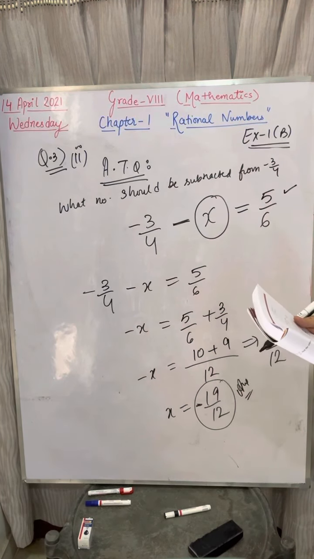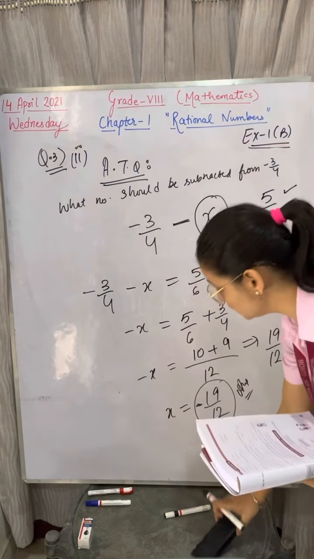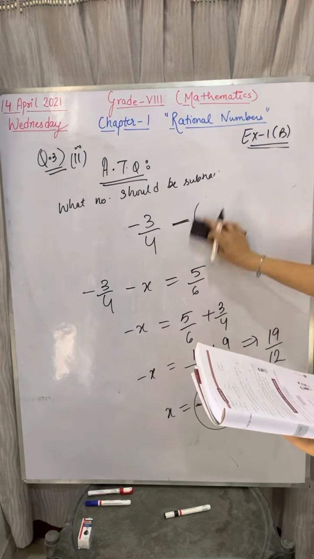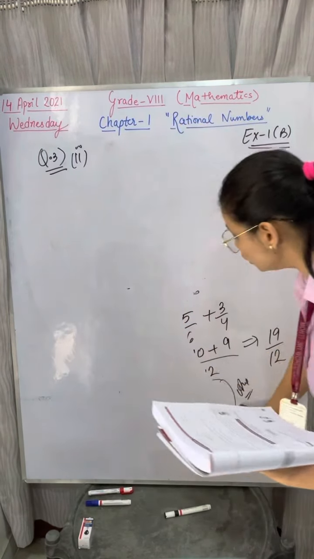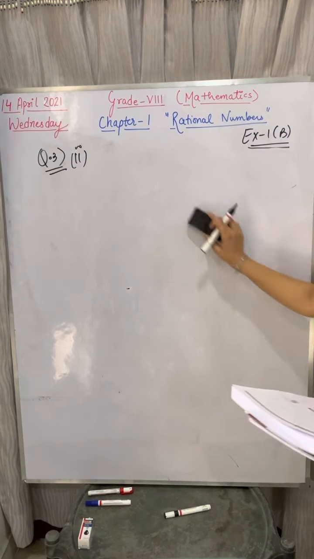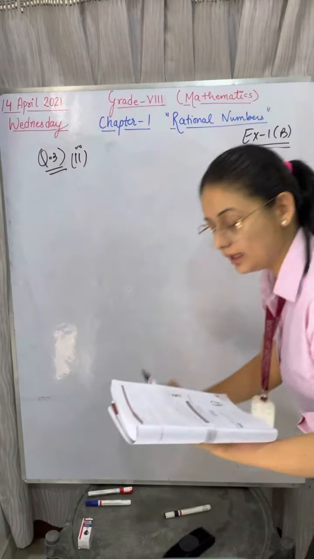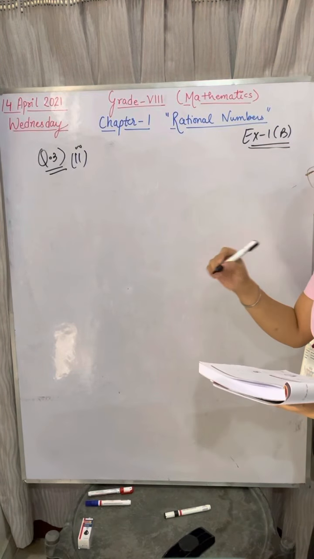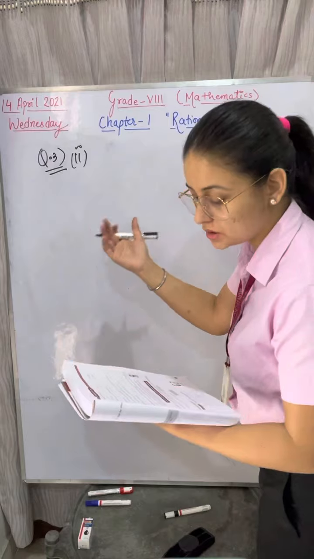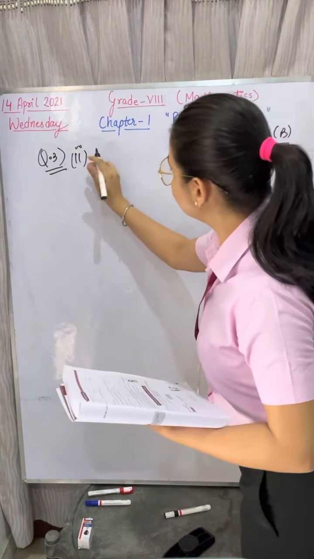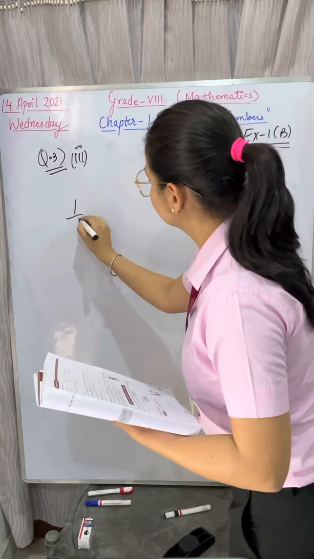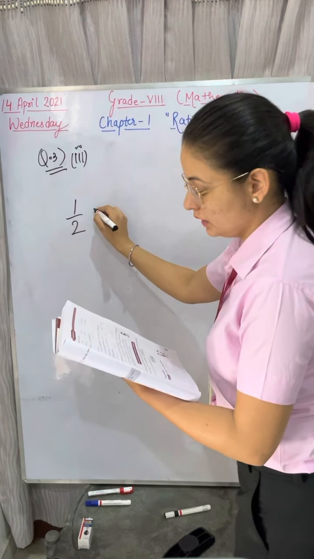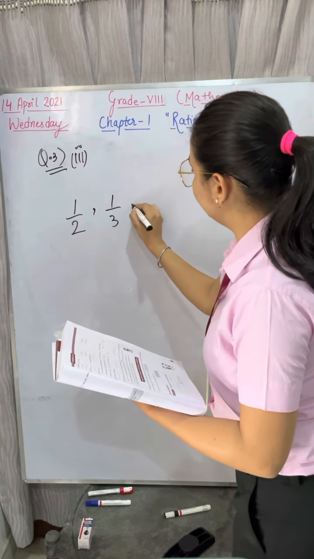So I am giving you the third part. I am giving you a hint. Okay, the third part, I am giving you a hint. That is your homework. I am not giving you too much work. Only one part I'm giving you, which is totally similar to the questions we are doing in the class. The third part is: subtract the sum of 1 by 2, 1 by 3 and 1 by 5.